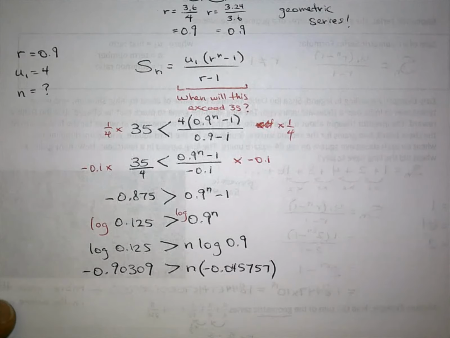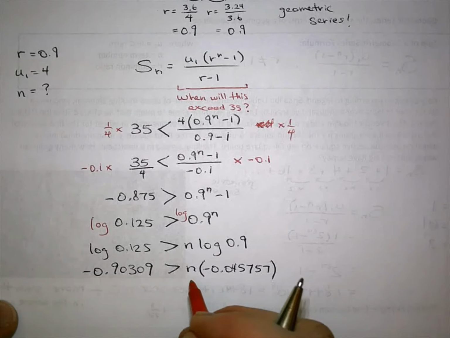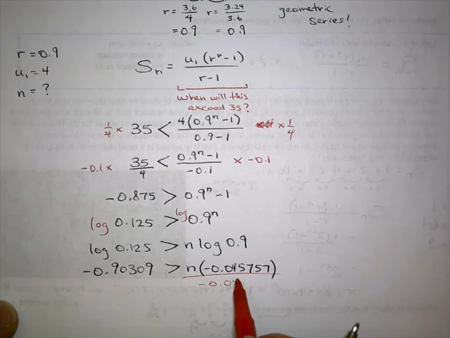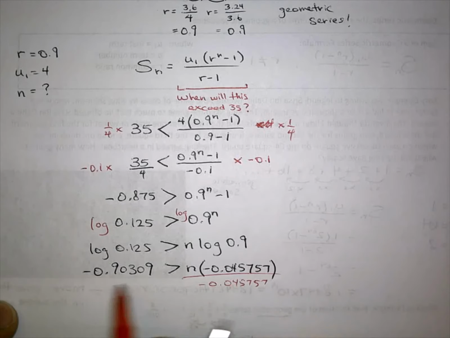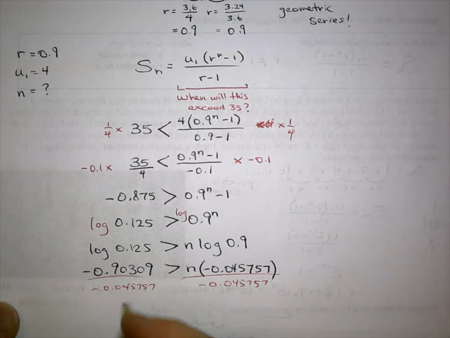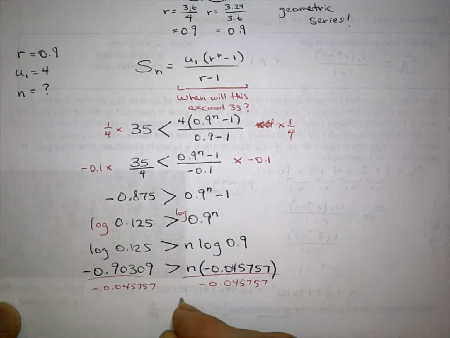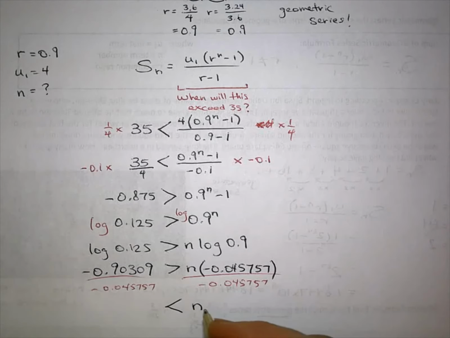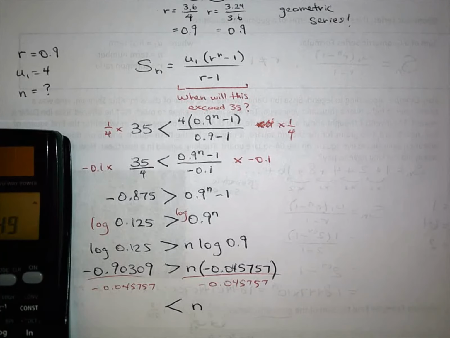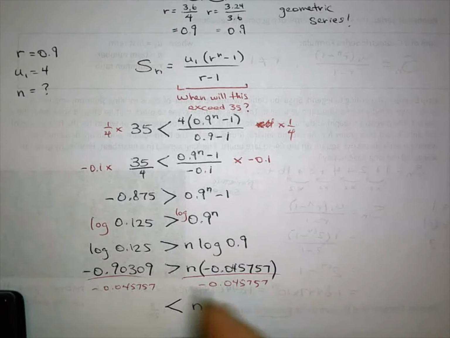Now when I divide both sides by that amount, I switch the sign again, so now n is on this side, and I end up with log 0.125 divided by that answer of mine, which gives me